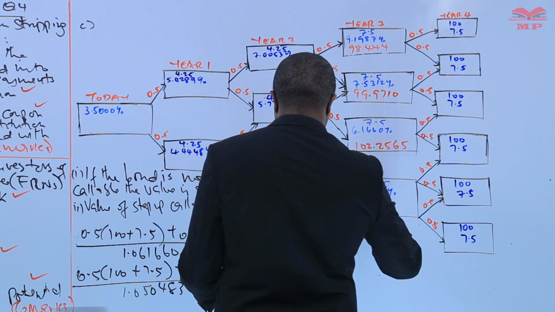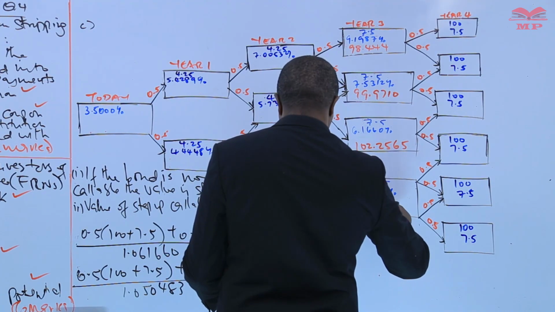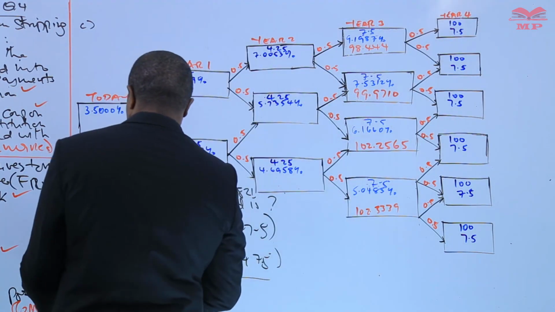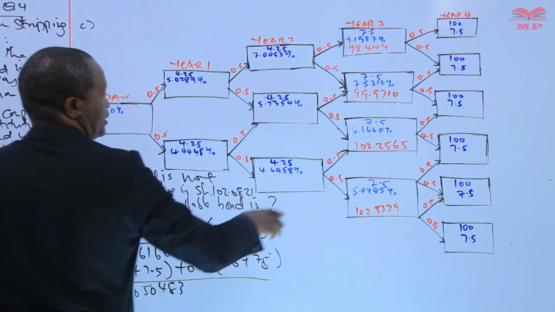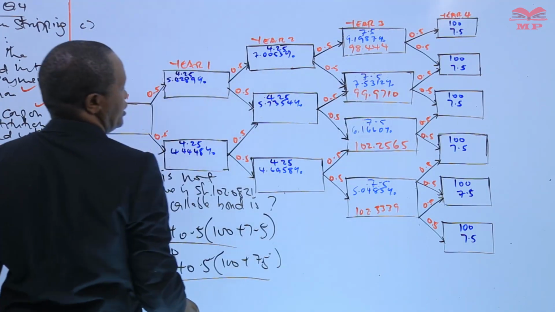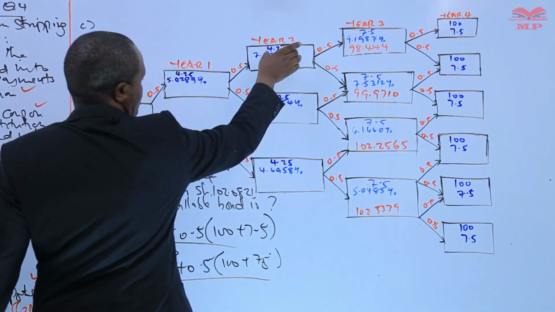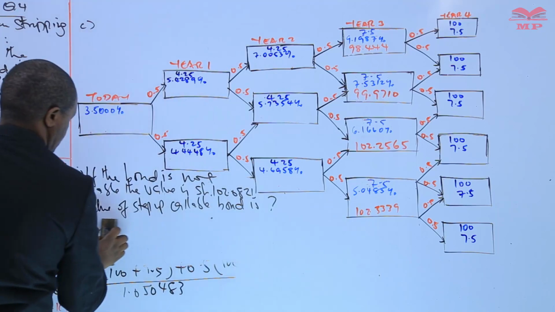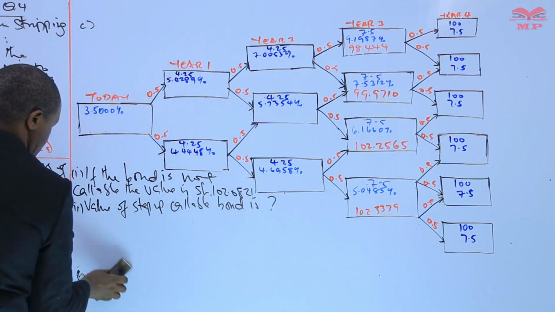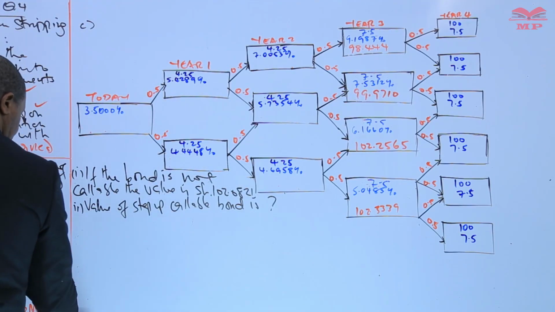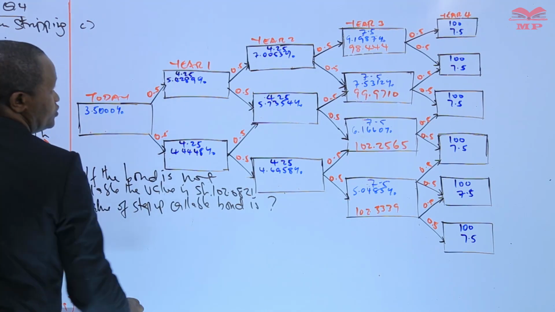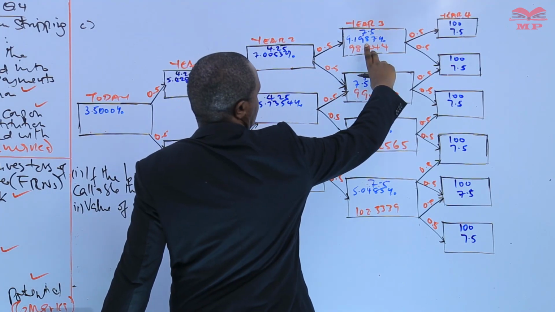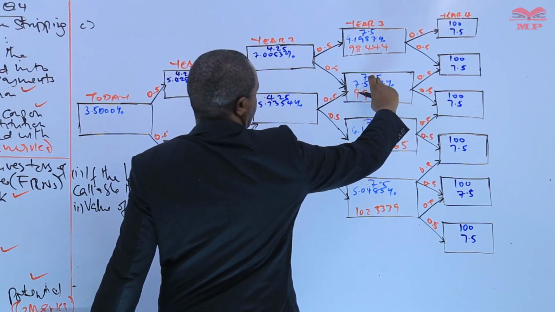It's 102.333, 0.39. We are through with the year 3. We are now going to calculate year 2. Year 2. So we're going to have these 2 plus 7.5,